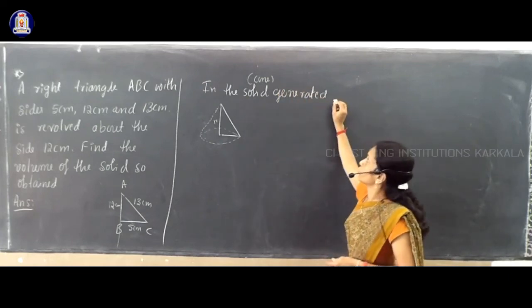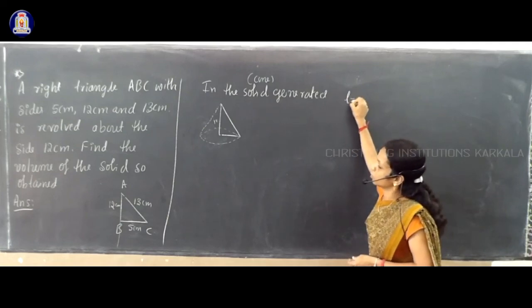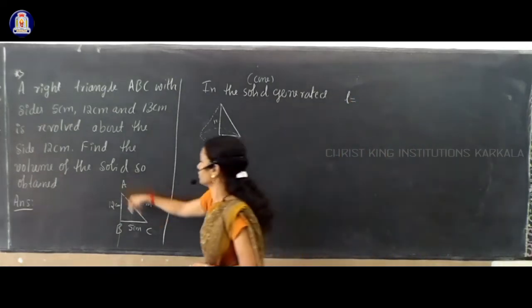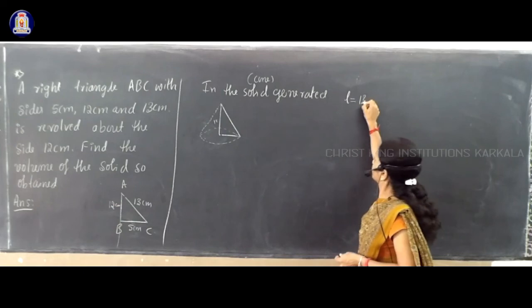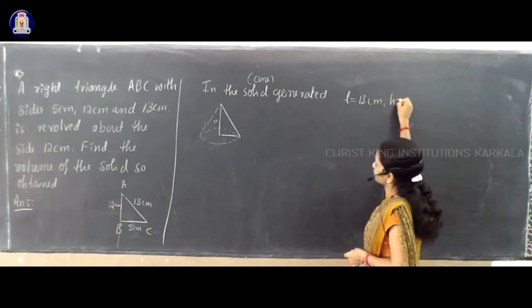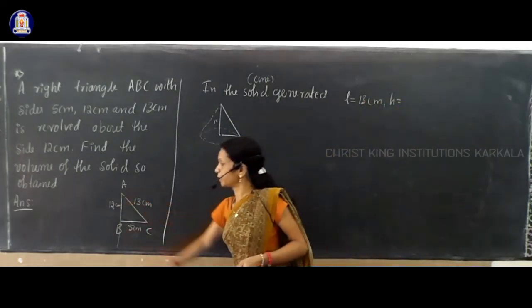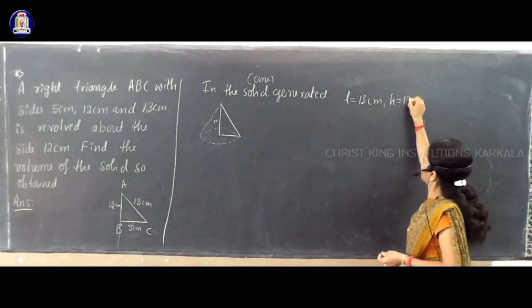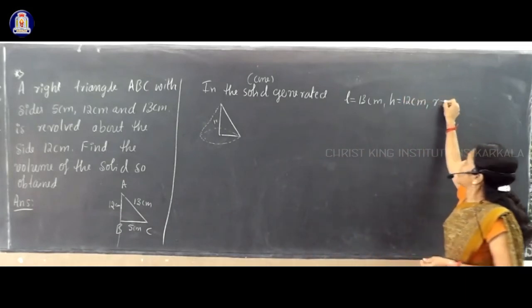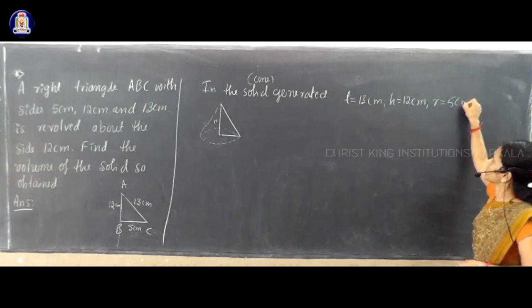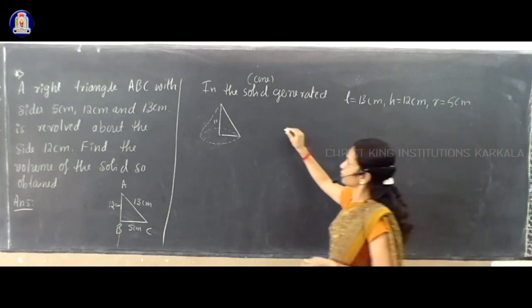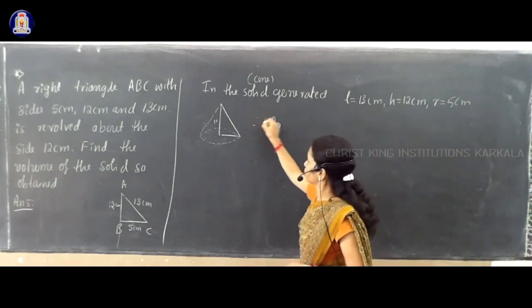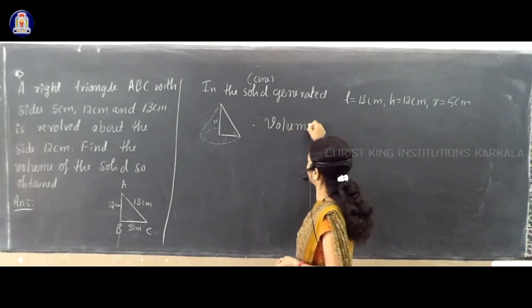And in the solid generated, we take L is equal to slant height, that is 13 centimeter, and height that is this one, perpendicular height 12 centimeter, and base that we take as R is equal to 5 centimeter. And we need a volume, so therefore volume of the solid generated,